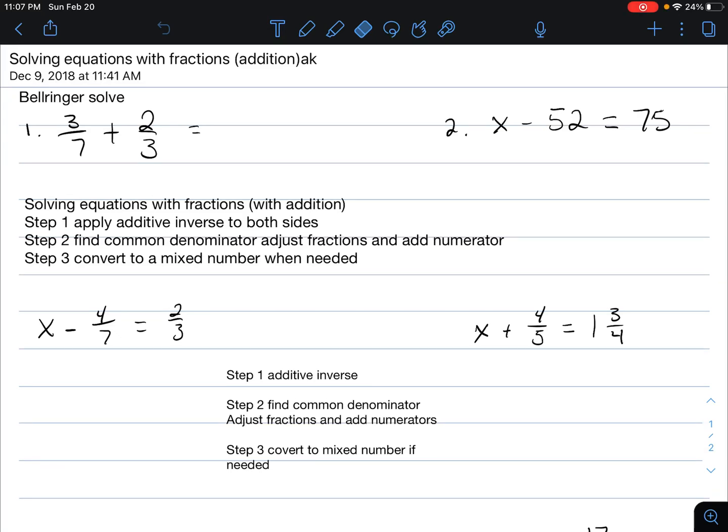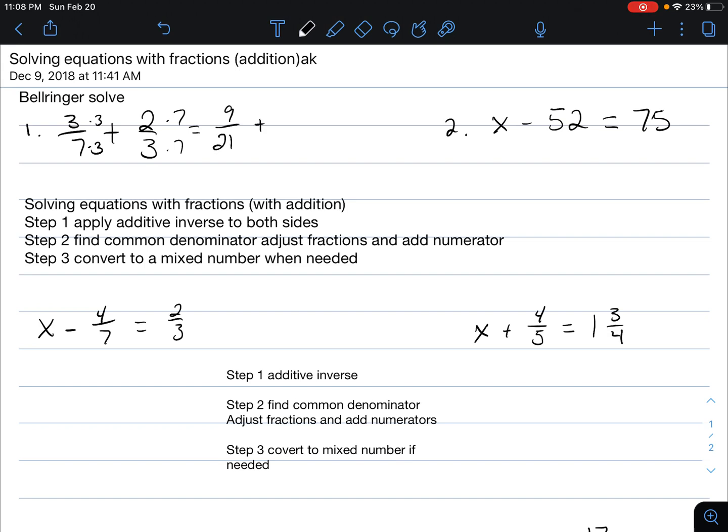All right, so we're looking at solving one-step equations with fractions. So just to review, when we're adding fractions, we need a common denominator. So on this first bell ringer, we've got 3/7 plus 2/3. The common denominator would be 21. So we're going to multiply this one by 3, this one by 7. That's going to give us